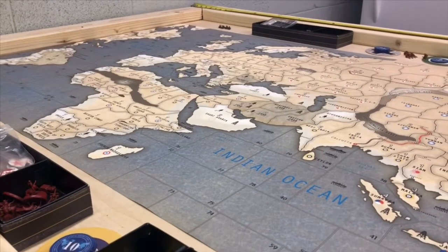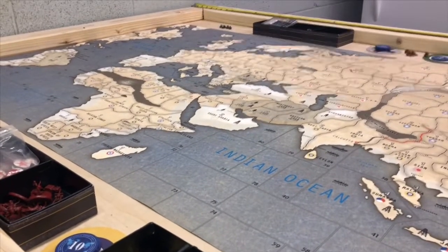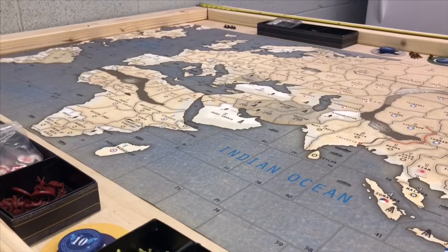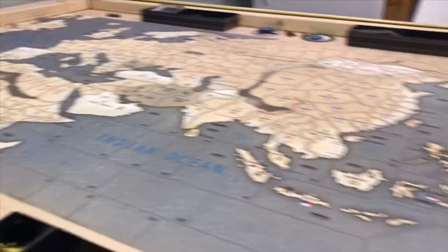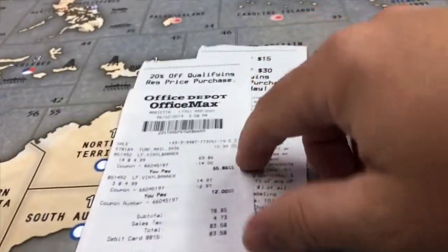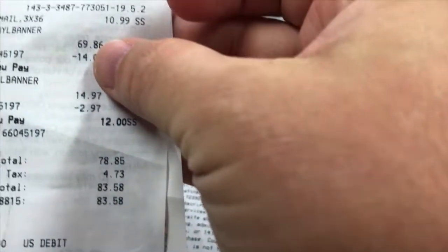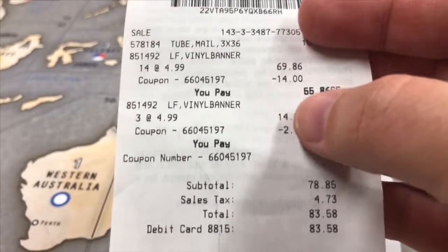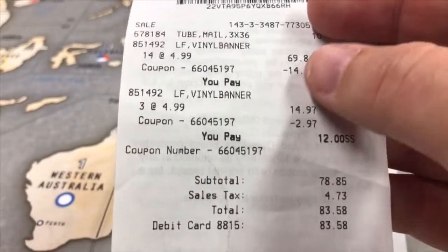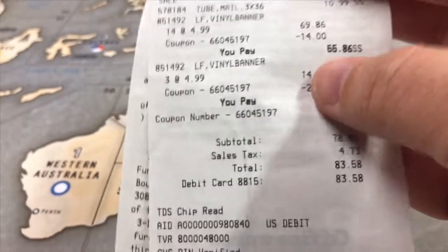If you print it at Office Max, I think the original pricing for Scrim vinyl is about $80 to $90. If you look at my receipt here, you can see I've got the 69.86. We'll talk about that in a minute. And then a 14.97. So that total was $85, right? So an $85 map. However,